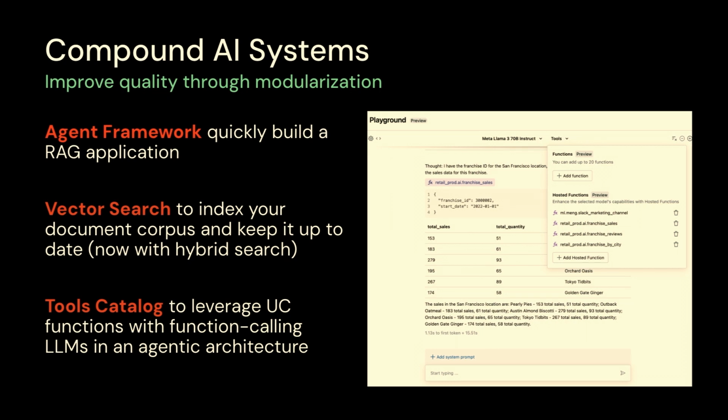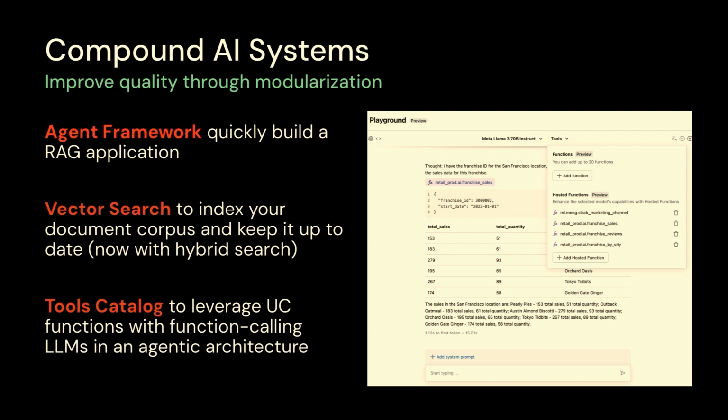All right, so the other thing: when we're building compound AI systems, we have this thing called Agent Framework. Agent Framework is gonna help you, there's gonna be an SDK to it, and right now in public preview, it's actually like a series of 3 notebooks that you just run, and when you run all 3 of these, it's gonna quickly create a RAG endpoint for you. So there's gonna be many sessions on that in this conference, so I recommend going to those to learn more about